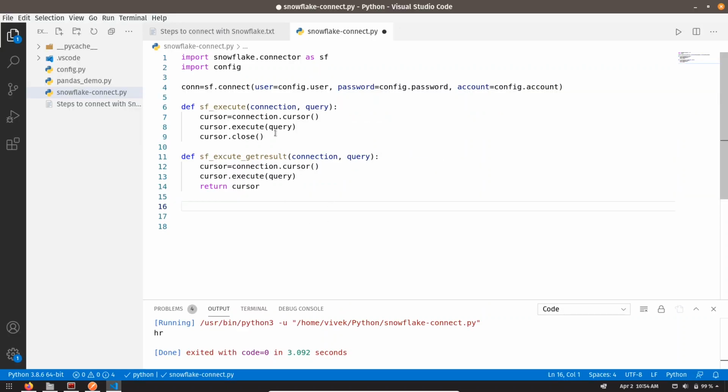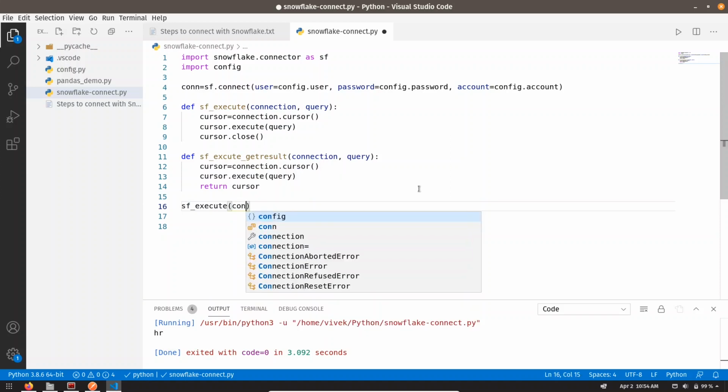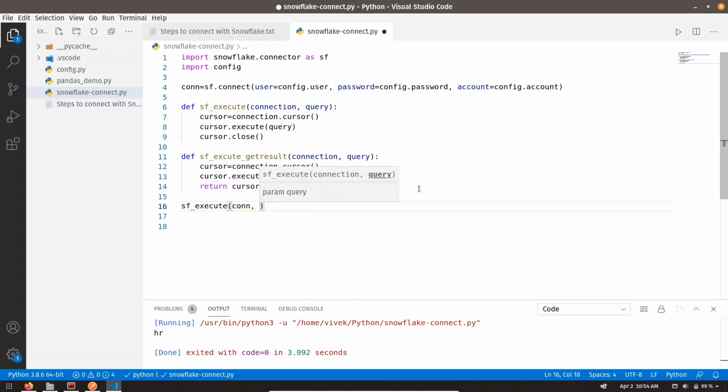So how can we do that? We can do that with the help of sfexecute. So let me call this function. We can pass the con variable as it contains the connection, and let me pass the query. Query should be set warehouse, and it should be computer.sh or whatever warehouse we are getting from the configuration file.